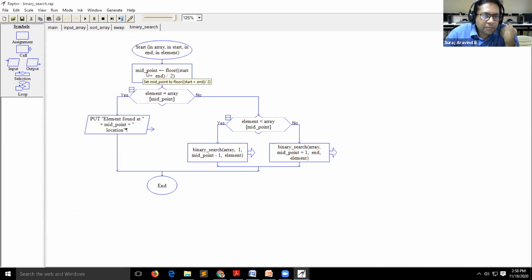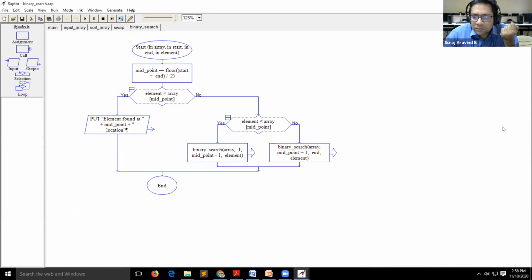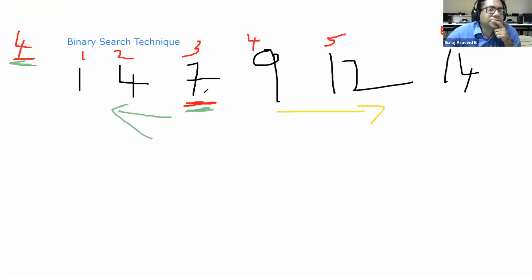Then I am trying to find the middle point. I need to find the middle element.